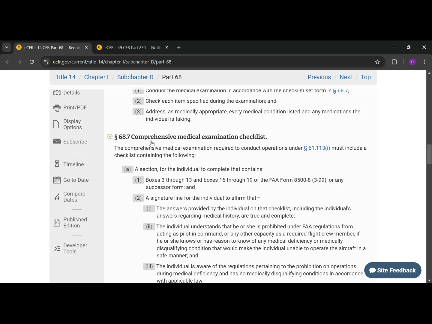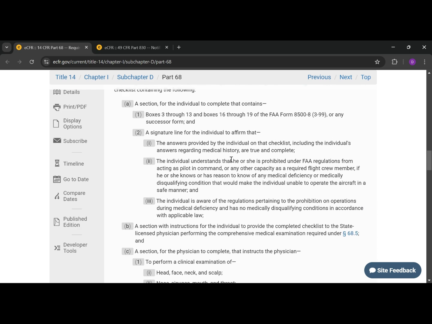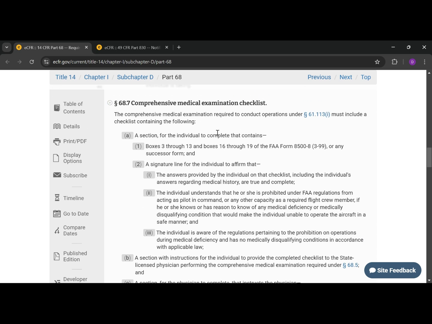Part 68.7, which is Comprehensive Medical Examination Checklist. So this is what is covered in the examination checklist. The comprehensive medical examination required to conduct operations under 61.113(i) must include a checklist containing the following. So in that examination checklist, there has to be a section for the individual to complete that contains boxes 3 through 13 and boxes 16 through 19 of the FAA Form 8700-2, or any successor form, and